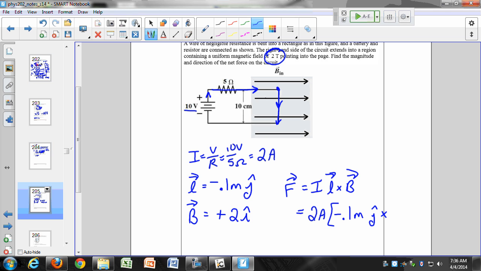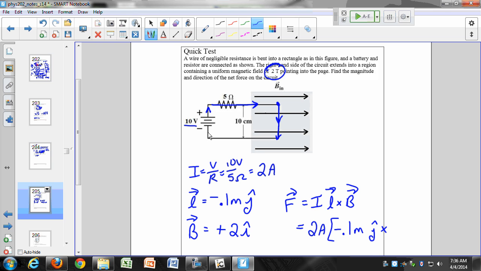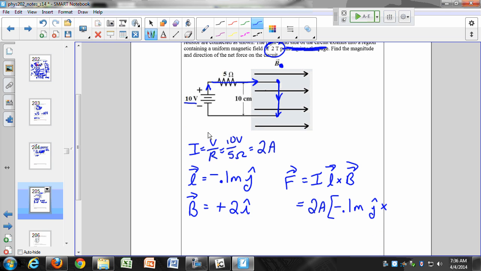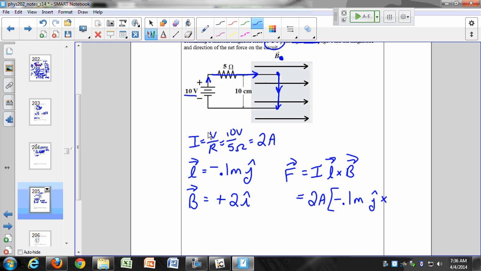crossed with B. Oh, it's not supposed to be into the page. Why does it say B in there? That was just a mistake. I'm sorry. The problem says 2 Teslas pointing into the page. Yeah, that's a mistake. The magnetic field is shown to the right. I'm sorry. All right. And now the magnetic field is plus 2I,